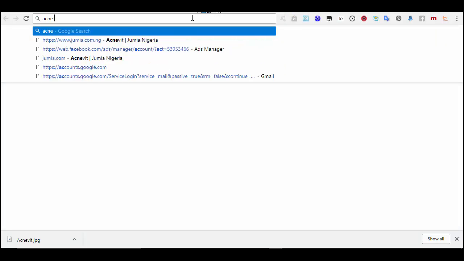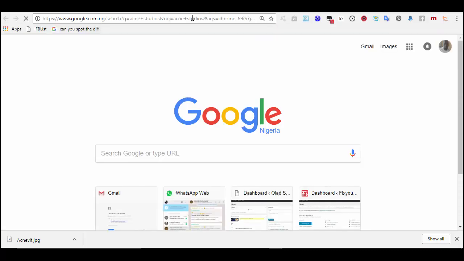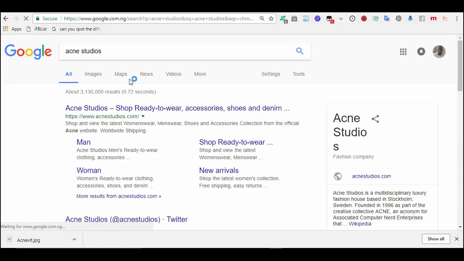So that's the way you make some kind of little research, not that you just pump in and create adverts. No. Acne Studios, let's see.